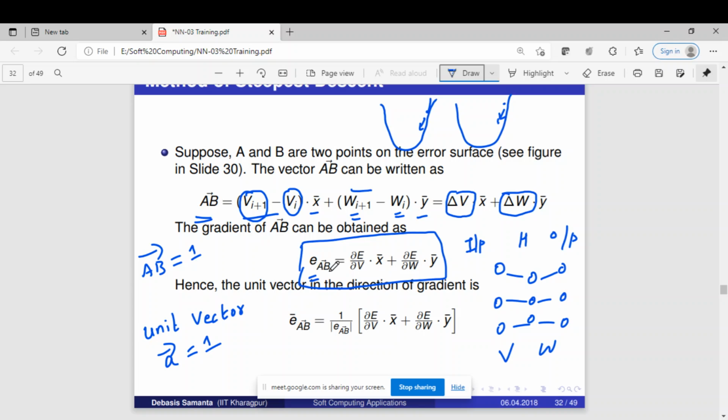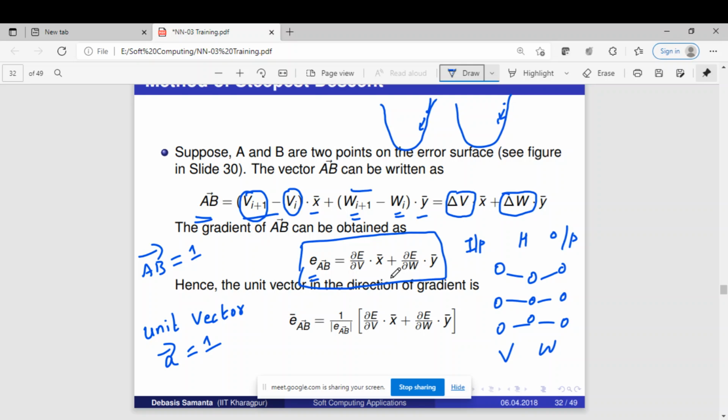Divide this entire thing by itself. That's it. When you do that, it will be converted to a unit vector. We want to convert it to a unit vector, and that is the reason why we are doing this 1 by EAB. We are dividing it by itself, so that's the whole point. I think it's clear. When you divide this by itself, obviously the result will be 1.